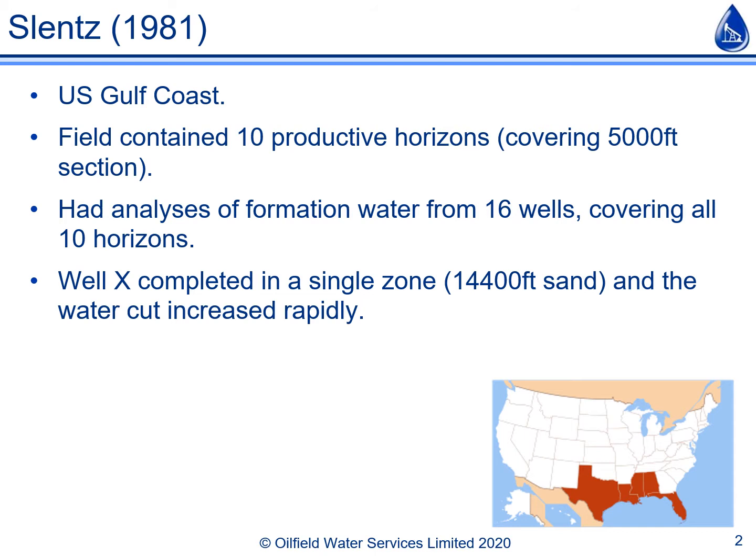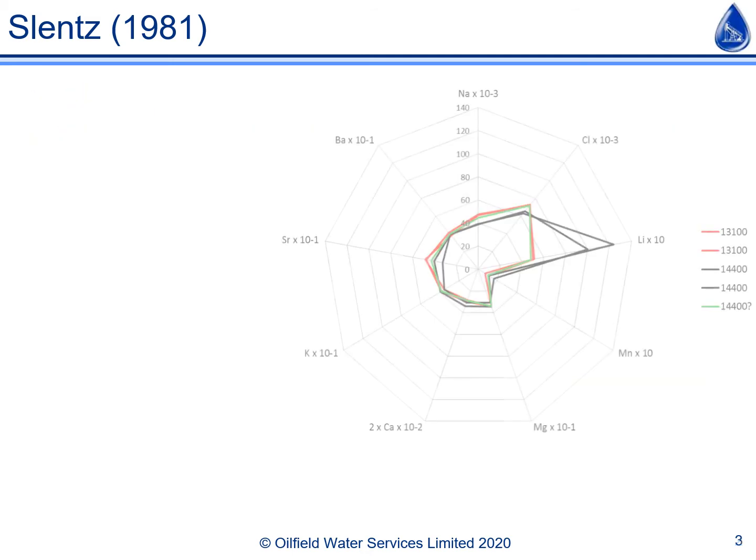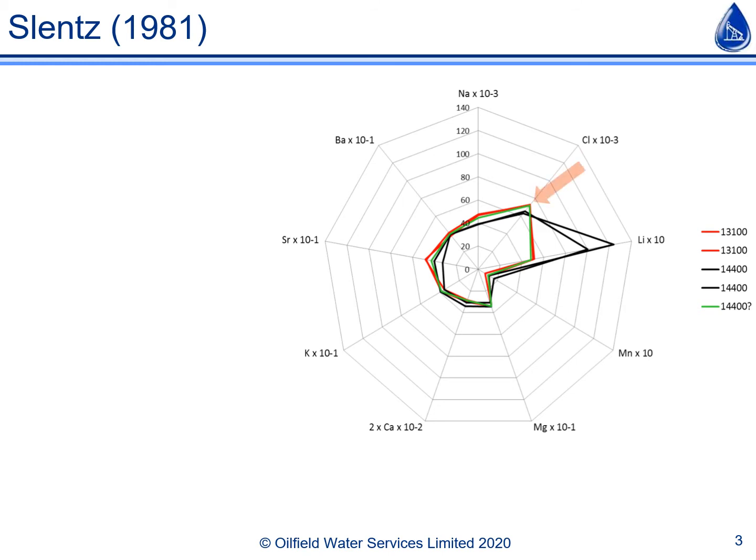sand, and when brought on production its water cut increased rapidly. This was a concern, and so a produced water sample was collected and analysed. This star chart shows the composition of reference formation waters from the 13,100 reservoir in red and the 14,400 reservoir